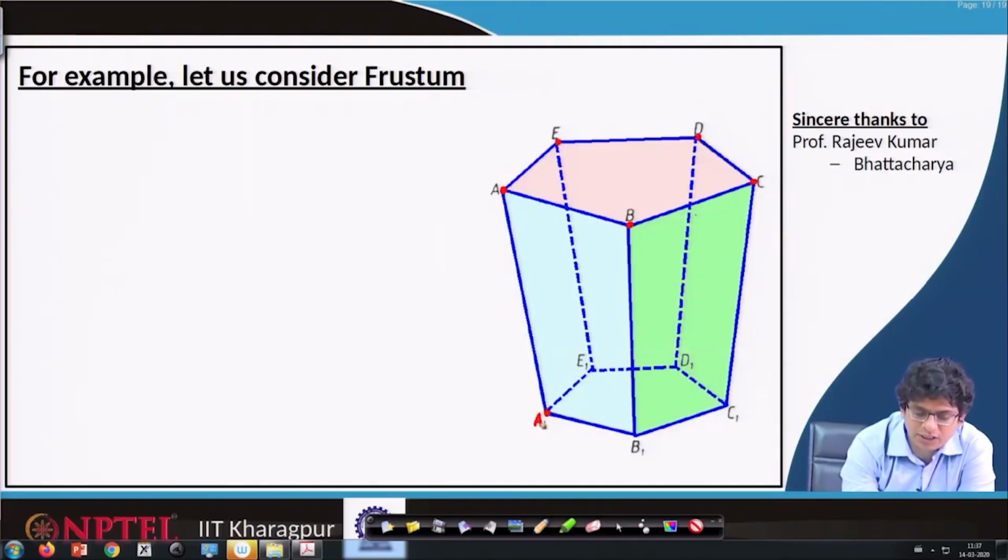Similarly, the bottom ones let us call A1, B1, C1, D1 and E1. It is a complete solid object and this line is at the back side of that. That is the reason we show it by dashed lines,